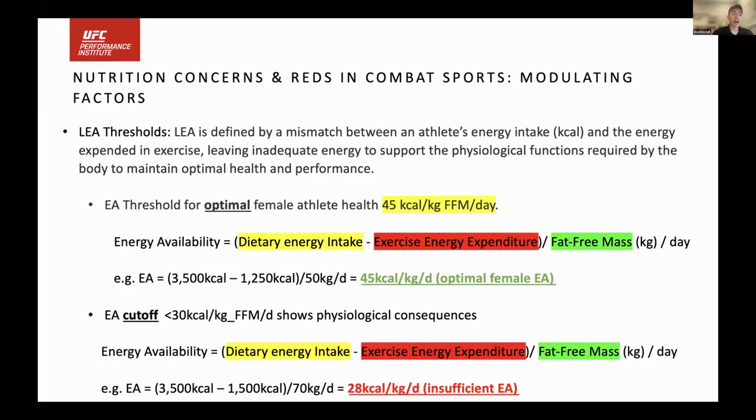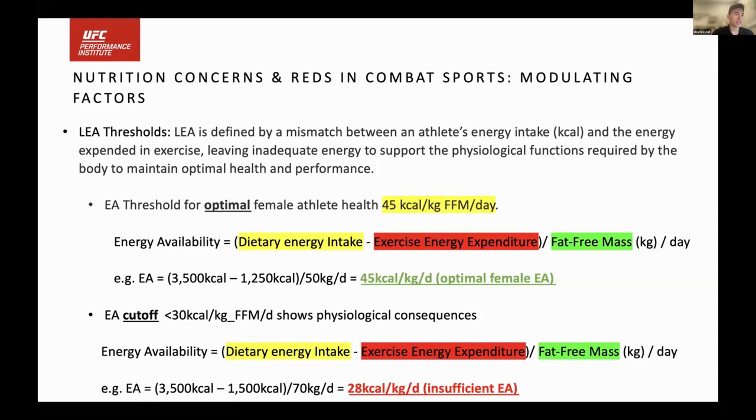However, a more commonly used threshold by us is 30 kcals per kilo fat-free mass per day. If there's any takeaway from this presentation, that 30 kcals per kilo roughly equates to the average resting metabolic rate, which ties in quite nicely with some of Eric's